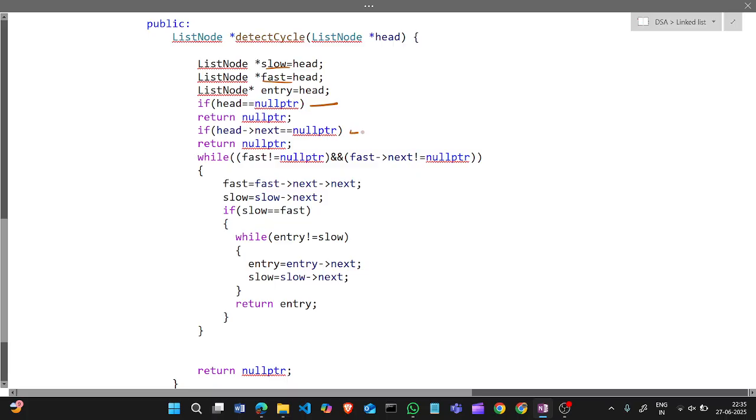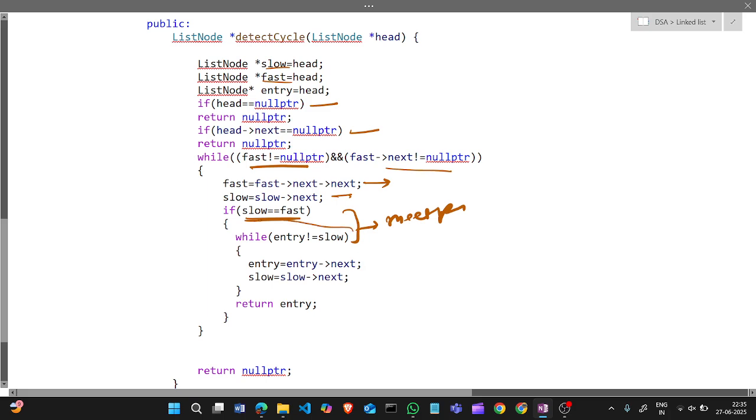If there is only one node, return null. Fast is not a null pointer, and fast next is also not a null pointer. If both conditions are true, we run fast and slow, and if fast and slow meet, that is the meeting point.